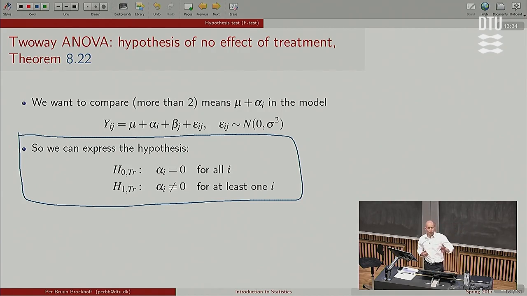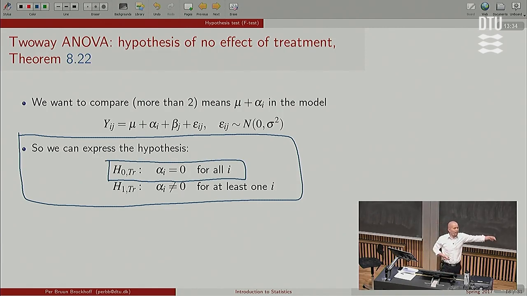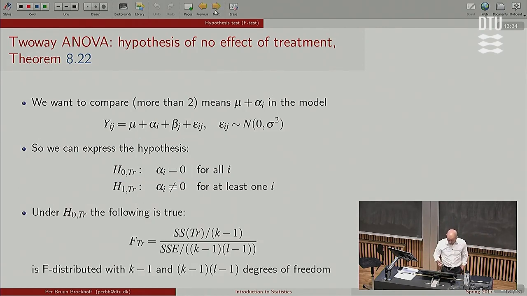We want, first of all, and that's the most interesting thing, to compare the treatment means with each other. If we want to be technical or formal about that, some would say, if you want to complicate it, then put it into this framework where we say that the null hypothesis is that this individual deviation for each TV set is 0, all of them. No difference at all. The alternative is something is going on somewhere, right? That's loosely said. And like last time,